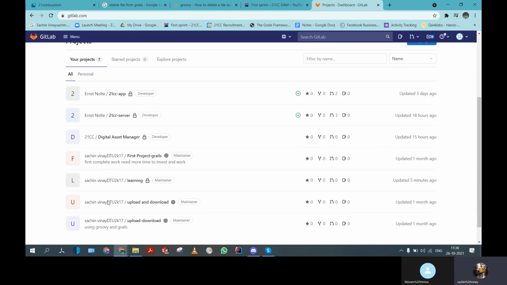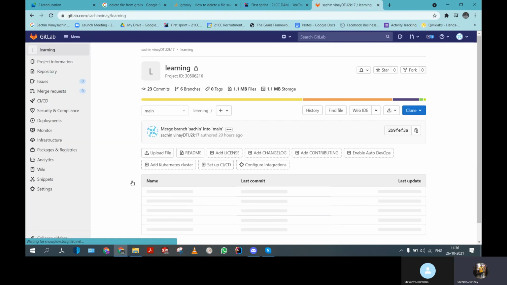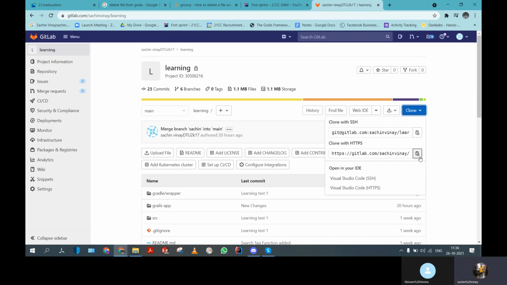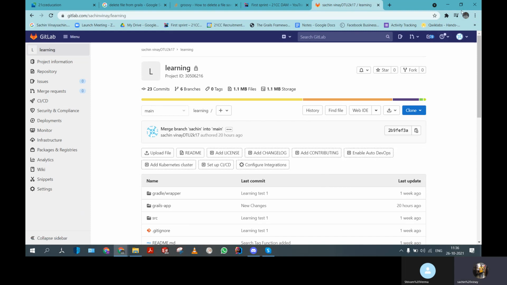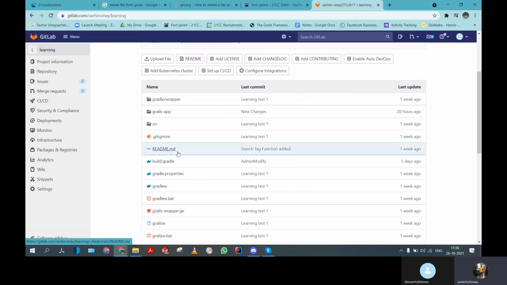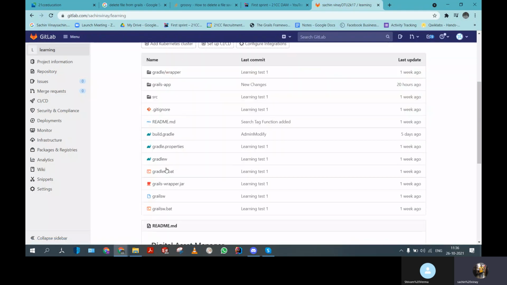I'm in GitLab. I'm on the learning project, and right now I will clone with HTTPS. Click on copy URL, and remember this copy URL will work only once. So right now I want to copy this learning project inside